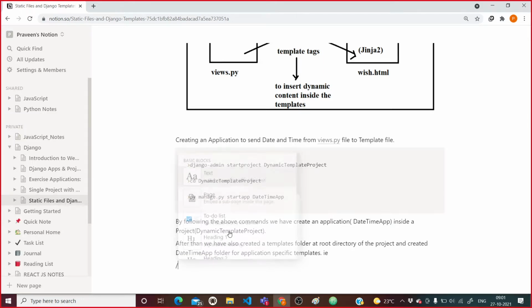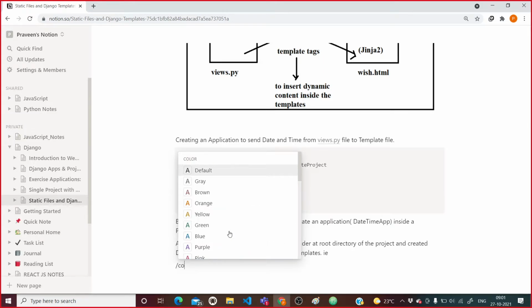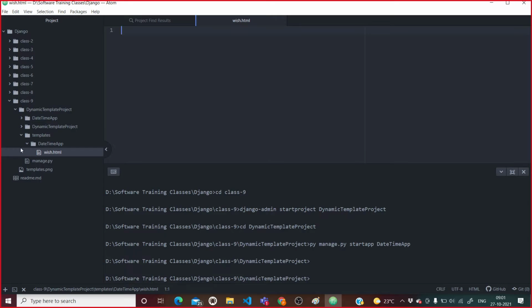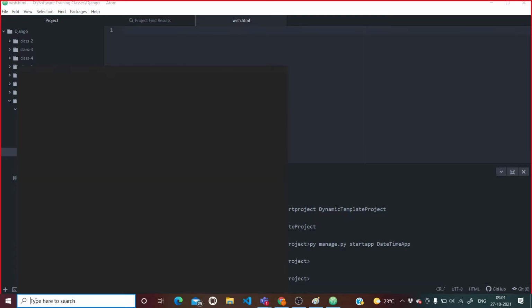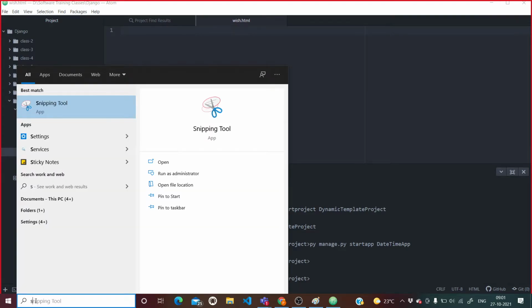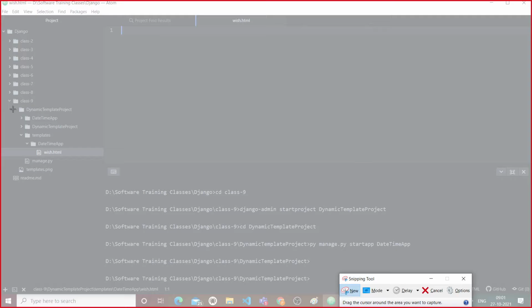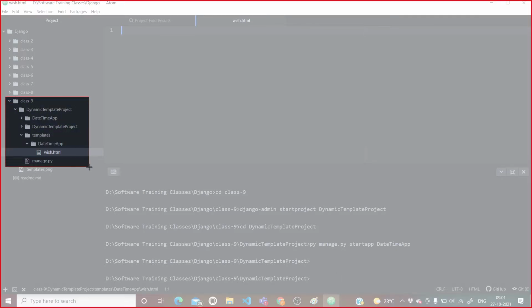If I say code or not code, here I will need to say image. Now I will come here and paste this. So I will say snip, and here I will take this complete thing.